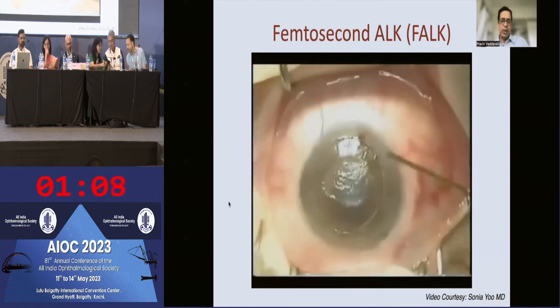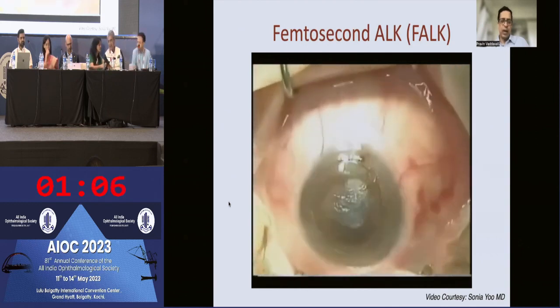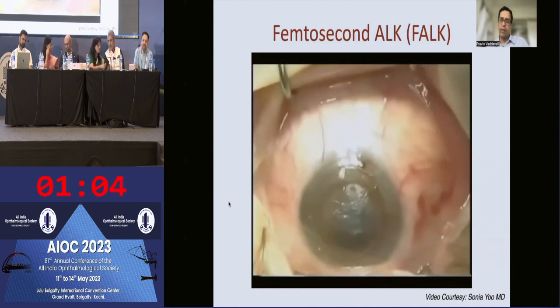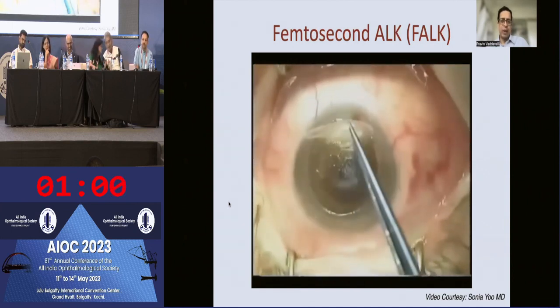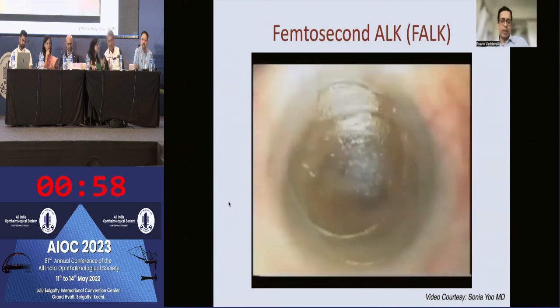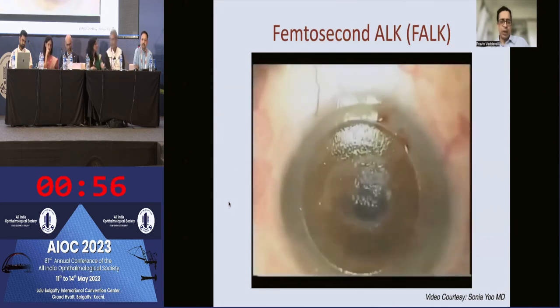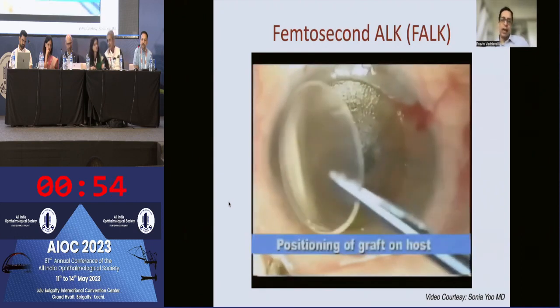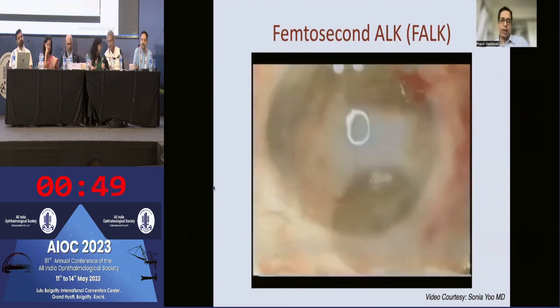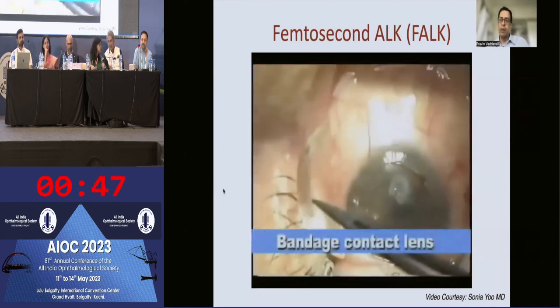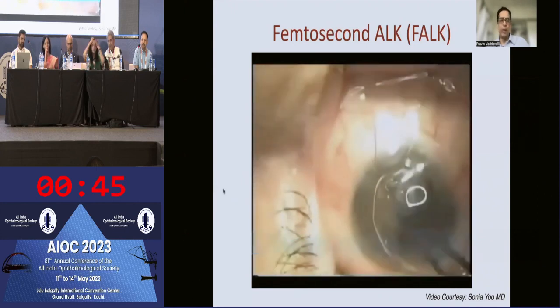So this is a case where there was a corneal scar, and the corneal scar is being removed after the femtosecond laser has created a cap. After that has been removed, you will see that we replace this with a corneal cap, which is cut to the exact same diameter, and you'll see that the cornea appears very clear, and you don't require sutures for this, which is probably one of the biggest benefits of early visual